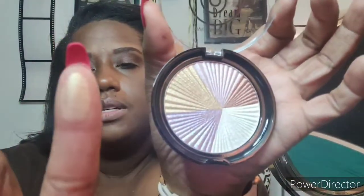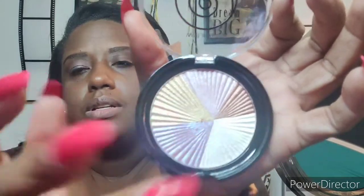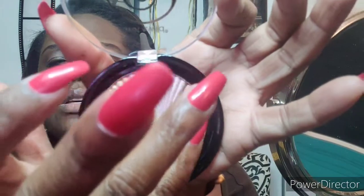So let's see. That's a gold. That's a purple or lilac-y color. It's another one. Oh, this is actually two different colors. So this is kind of like a white, and that's kind of like an off-white. Opaque white. So yep,